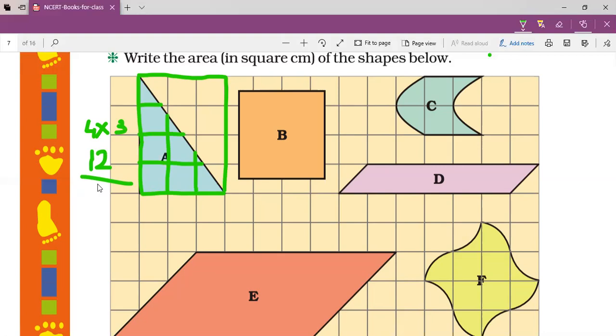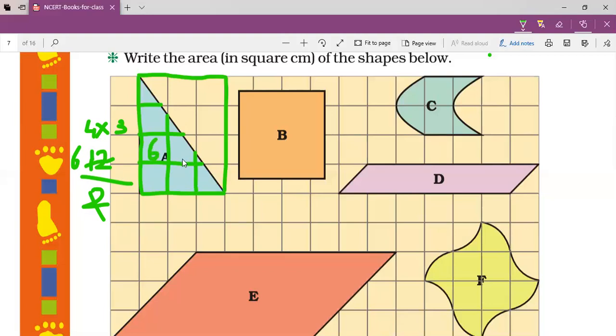You have to do these things on your own. For calculation you have to do it; only when you do it will you understand. I'm doing it here for you, but if you don't understand, let me know. First try to find the area of the rectangle, then start doing the remaining part. If it is given as half of that rectangle, you have to divide by 2 and you can find the area of that particular shape. Divide by 2: 2 ones are 2, 2 sixes are 12. So the area of this triangle is 6 square centimeters.